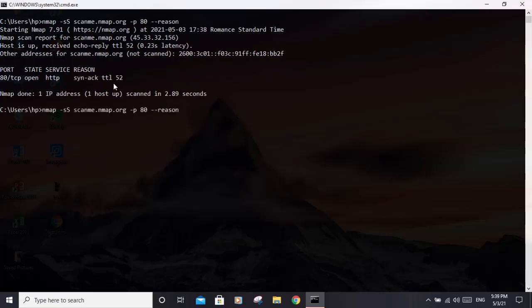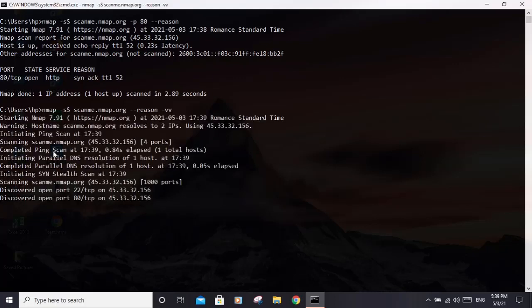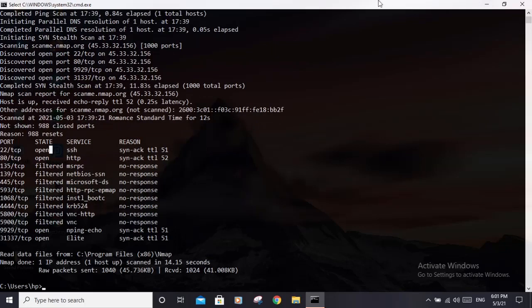Right, so let's scan again, and let's omit the -p option, so it scans the top 1000 ports, and let's introduce one new switch, that is -vv for verbose, so you can see what Nmap does in every step. So okay, now it's initiating the ping scan, and I'll be talking about this in just a bit. So now that our scan has finished, we have got results, and we have some open ports